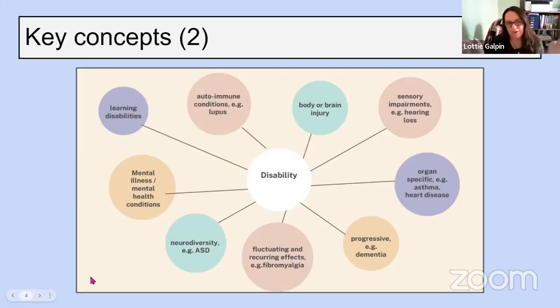So under this umbrella, we have things like brain and body injuries, sensory impairments like hearing loss, organ-specific impairments like asthma or heart disease, progressive impairments, for example, dementia, things with fluctuating and recurring effects like fibromyalgia, neurodiversity, so things like ADHD and autism, mental illness and mental health conditions, learning disabilities, and autoimmune conditions, for example, lupus. I wouldn't expect you to absorb all of these different conditions right now,